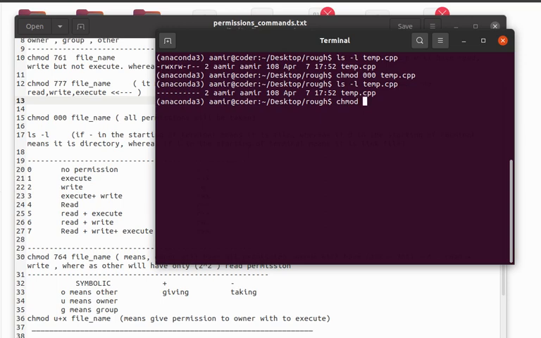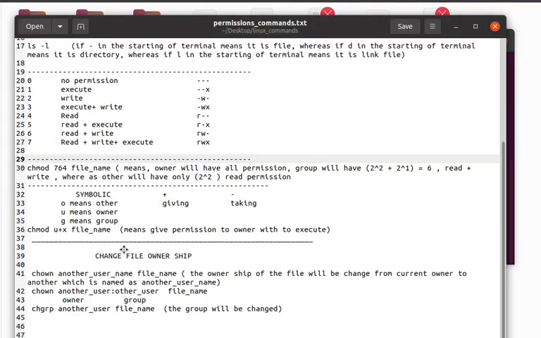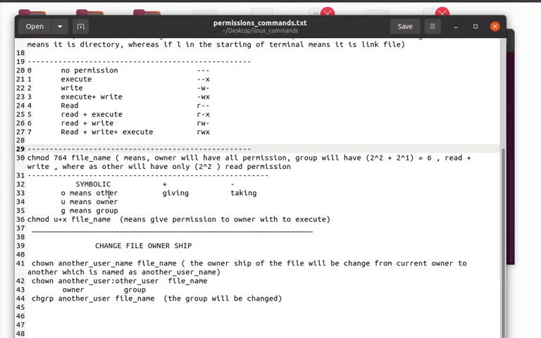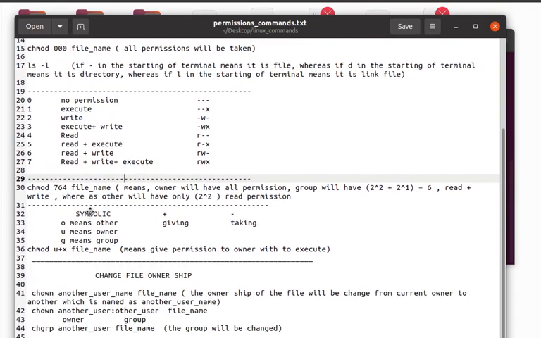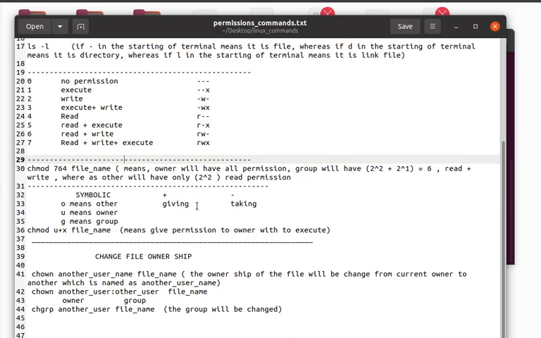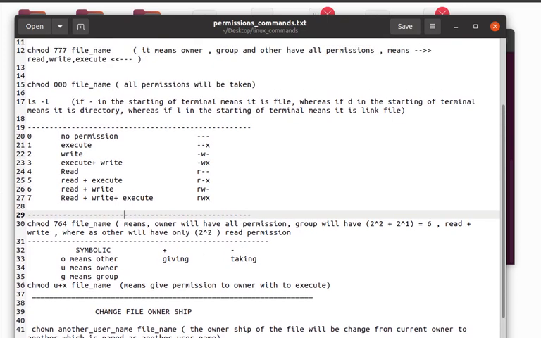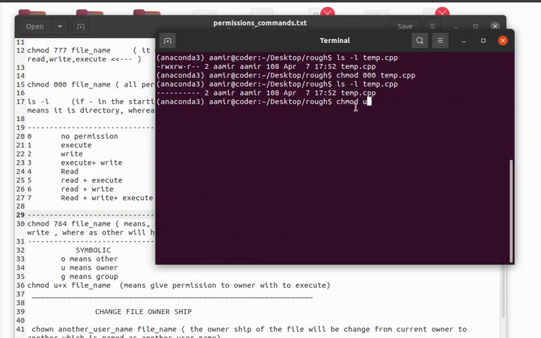and then u. So u means owner, and here are some symbols. U means owner, o means other, and g means group. So plus means giving the permission, and minus means taking the permission away. So if I use chmod and plus, and if I want to give the permission of execute only to temp.cpp,